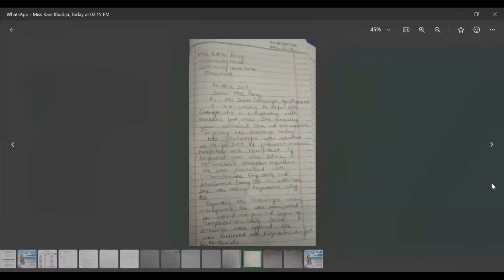Dear Mrs. Penny, patient is Miss Sheila Cartwright, age 69-year-old. I am writing to refer Mrs. Cartwright, who is presenting with diabetic foot ulcer. She requiring your continued care and management following her discharge today. So it is good, but try to avoid fancy English in